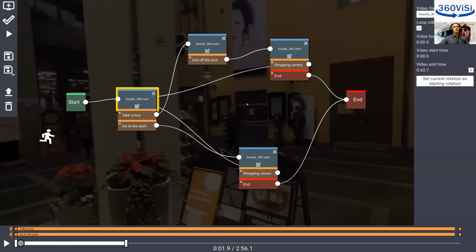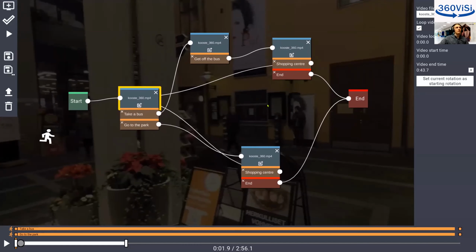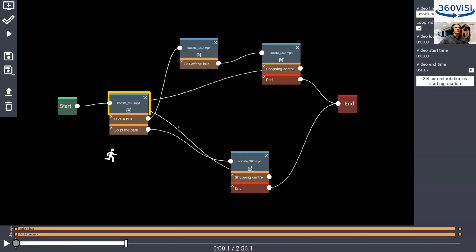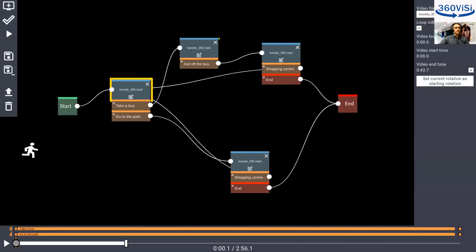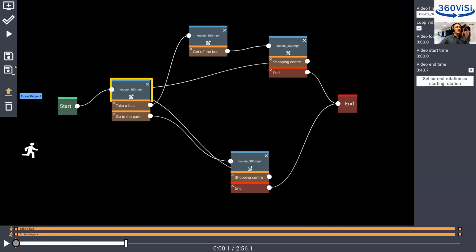Yep. So I hope you can see my screen now. This is the actual simulation structure we built to share with Ade, and they will talk more about what they did with this. But as you can see, it's quite a simple one. It's just a demonstration. But here you can see again the node structure, and there is the ability to save as and open these projects up, and they will then end up in